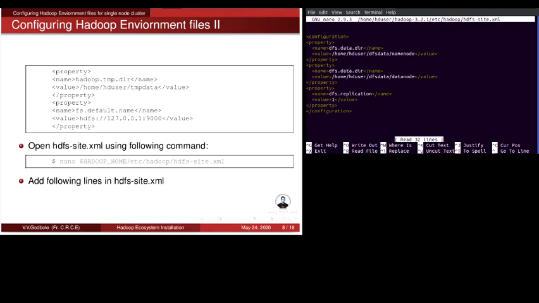This hdfs-site.xml contains configuration settings for HDFS daemons, the name node, the secondary name node and data node. Here we can configure hdfs-site.xml to specify the default block replication and permission checking on HDFS.